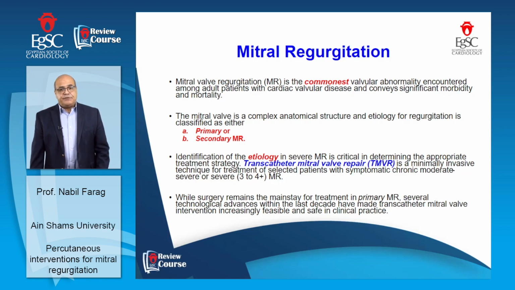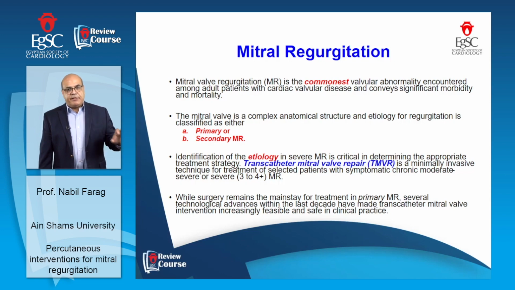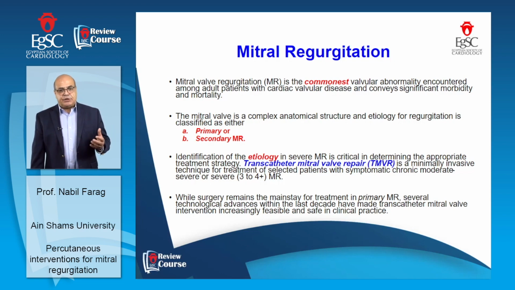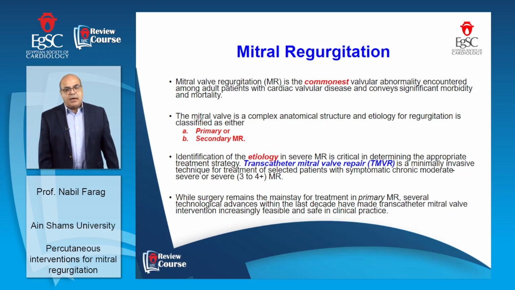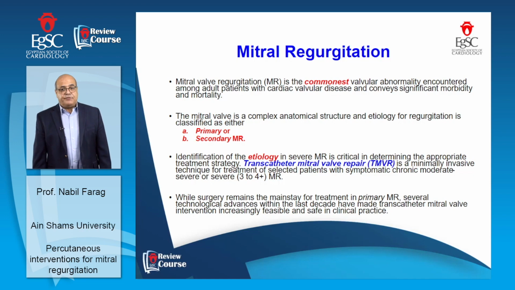And the cause of this mitral regurgitation is either primary. Primary means something in the valve. The valve itself is diseased. Or secondary mitral regurgitation, for example, dilatation of the left ventricle leading to annular dilatation. It's very important before going to intervention in mitral regurgitation to identify the etiology of this